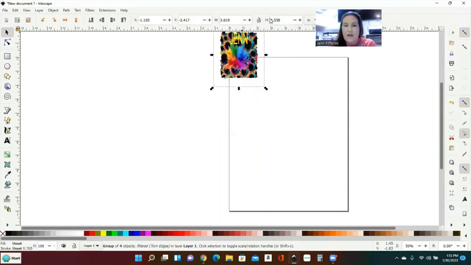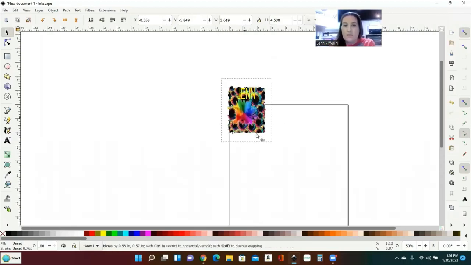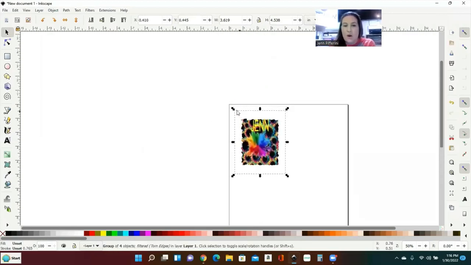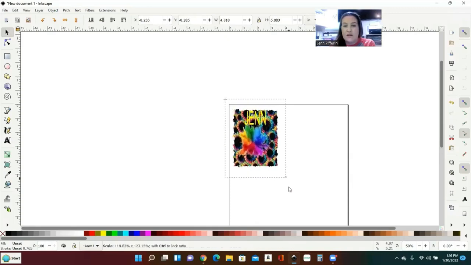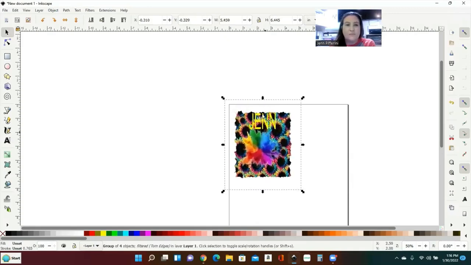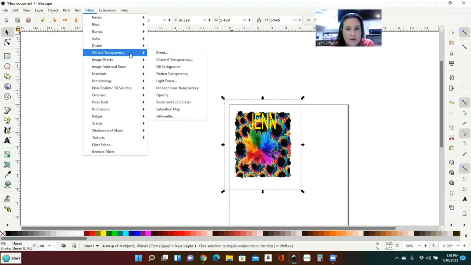Distorting it and having that border around it would actually mess it up, right? Because it's counting part of your measurements as this actual border around it. So this really isn't the size that you need it. That would be the only time you'd really have to mess with it and configure it and try to figure it out. I believe you can get rid of that border. I've never had to because it doesn't bug me, but